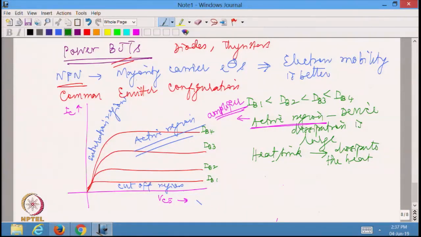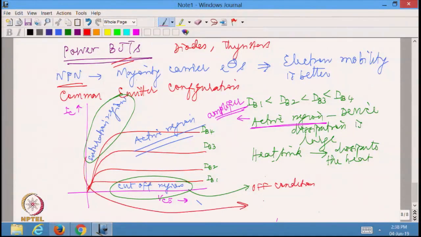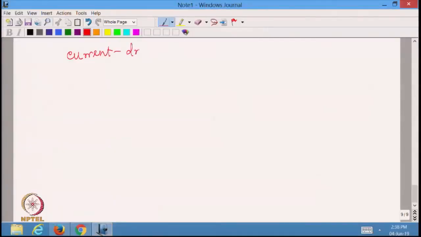Whereas, in power electronics, I am either going to operate it in cutoff region or in saturation region. Whenever it is operating in cutoff region, it will be in off condition, and whenever it operates in saturation region, it will be in on condition. So, I am going to operate the transistor only as a switch. I am essentially turning on and turning off depending upon how much base current I am giving. So, transistor happens to be a current driven device